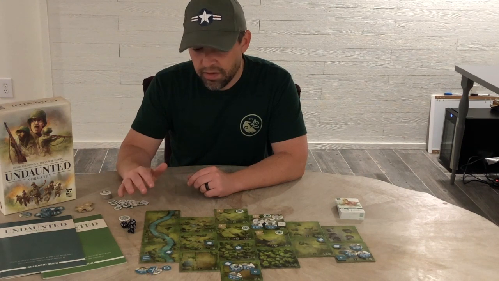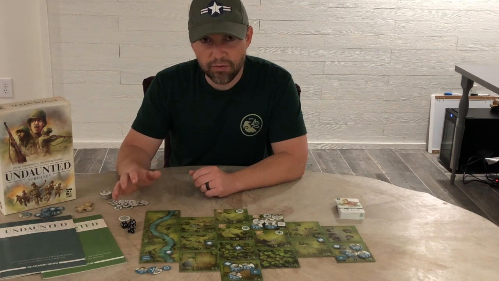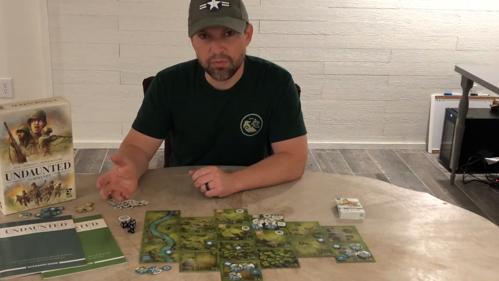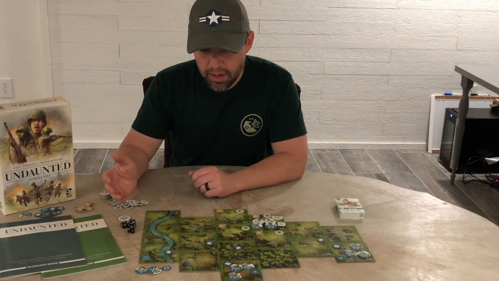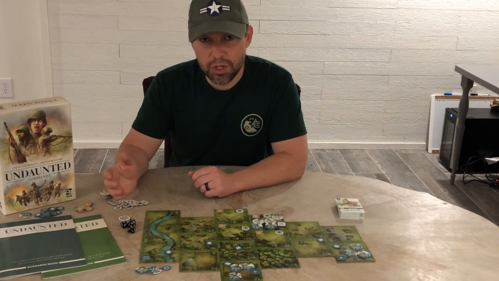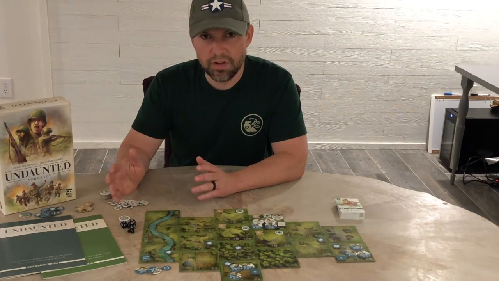So what it does is it follows the actions of everywhere the 30th ID went when they were in France, in Normandy. The game takes place there. So we have small villages at the beginning, a brief period where we have some impact from Operation Cobra, and then the campaign ends in the Battle of Mortain, which is probably